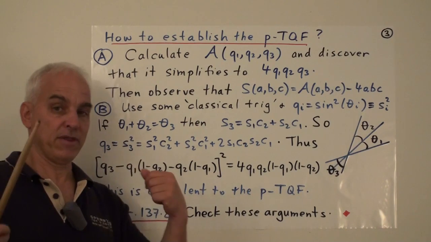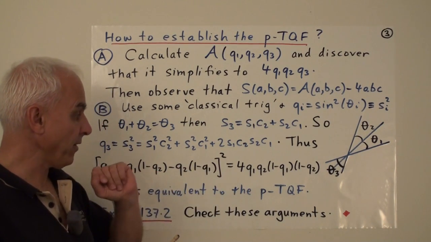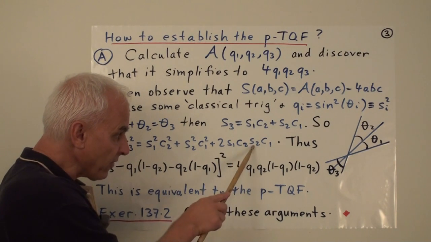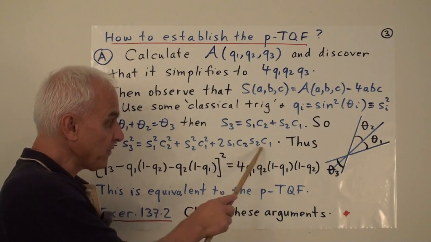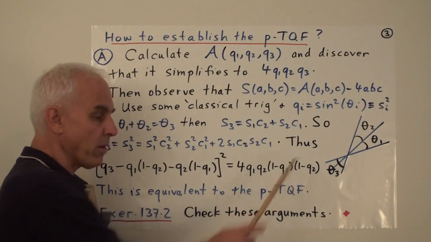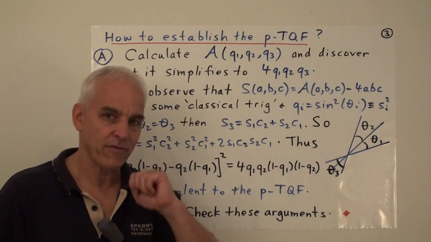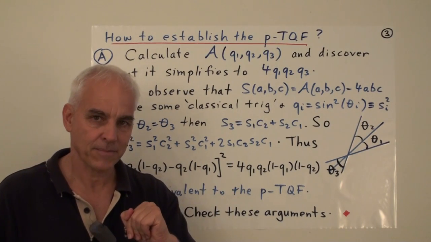And then if we square everything once again, so we get that whole thing squared, we're going to get the square of this, which is 4. The square of this is Q1. The square of S2 is Q2. And the squares of the two cosines are 1 minus Q1 and 1 minus Q2. We get a relation just involving Q1, Q2, and Q3.